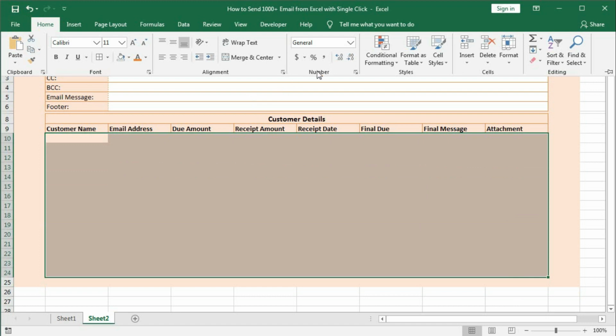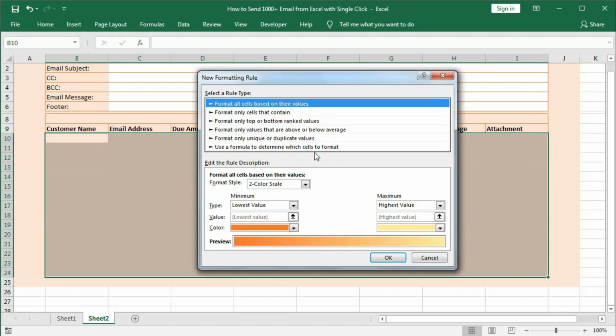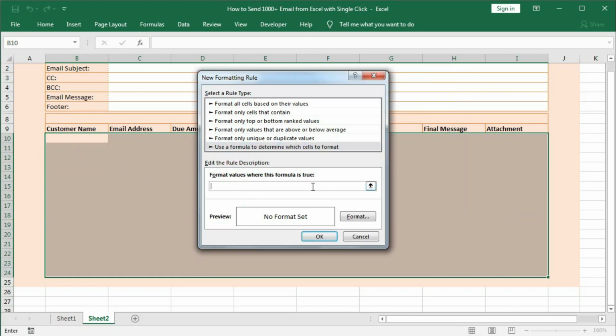So go to home, conditional formatting, new rule. First we will do it for odd rows. So select this one and type here equal to AND, bracket open. So within it we will give the first logic. This cell, press F4 twice to lock the column, not equal to blank, comma, then ISODD, bracket open, ROW, bracket open, bracket close, then bracket close for ISODD and bracket close for AND.